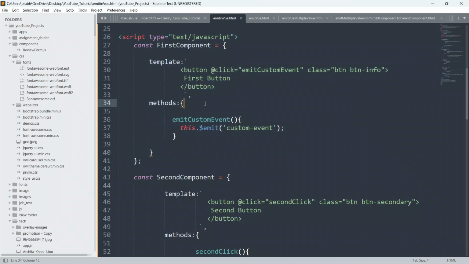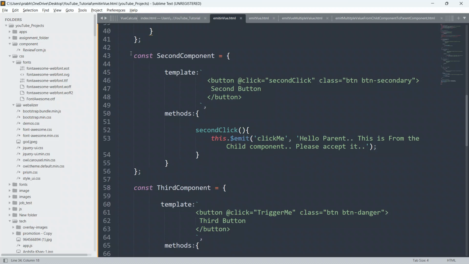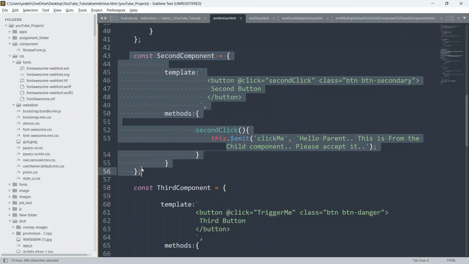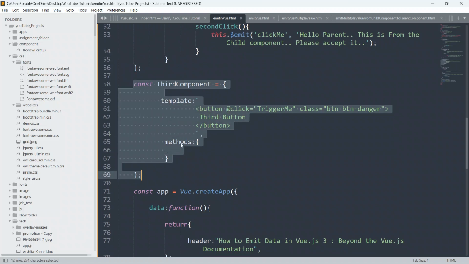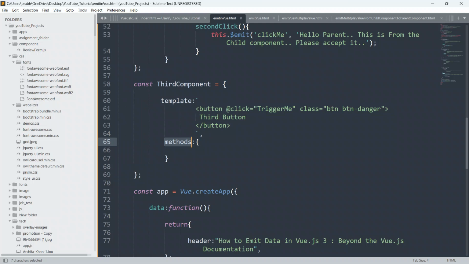Here you can see also I have defined here second component, and I have defined here method also. Here in the third component also I have defined one template, and I am defining here one method also, which is this method.